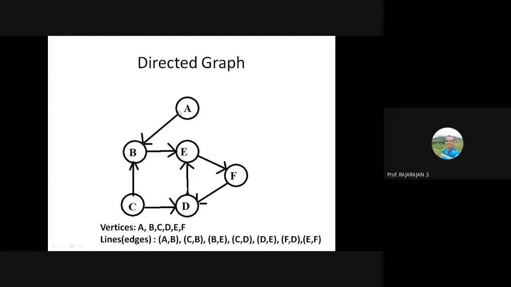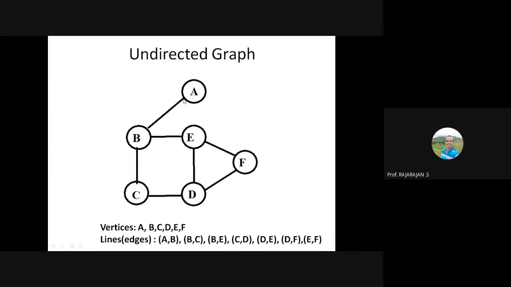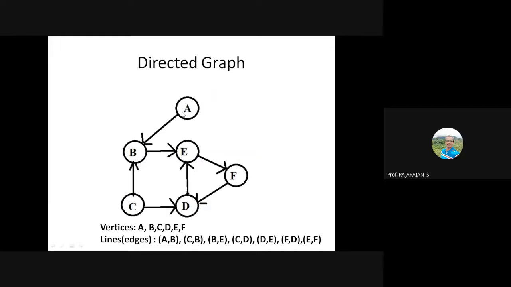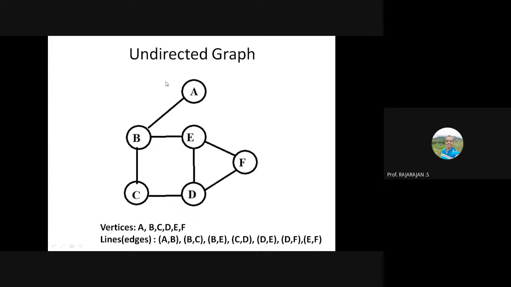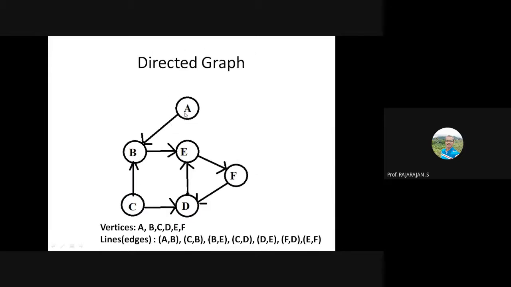So such an edge is not available in the given graph because the arrow is pointing only from A to B, not from B to A. That is the difference between undirected and directed. So you have to be very careful while dealing with the directed graph, especially when traversal is carried out. You can't simply traverse in any direction. Unlike the undirected graph, you could only move in the direction of the arrow. Okay, so this is the difference between directed and undirected graph.